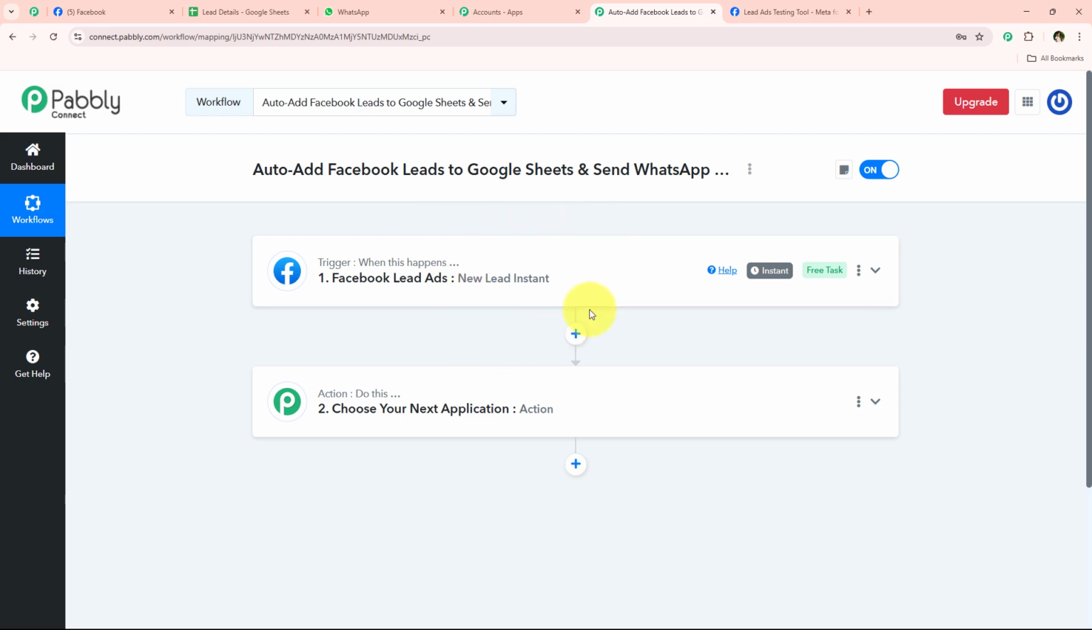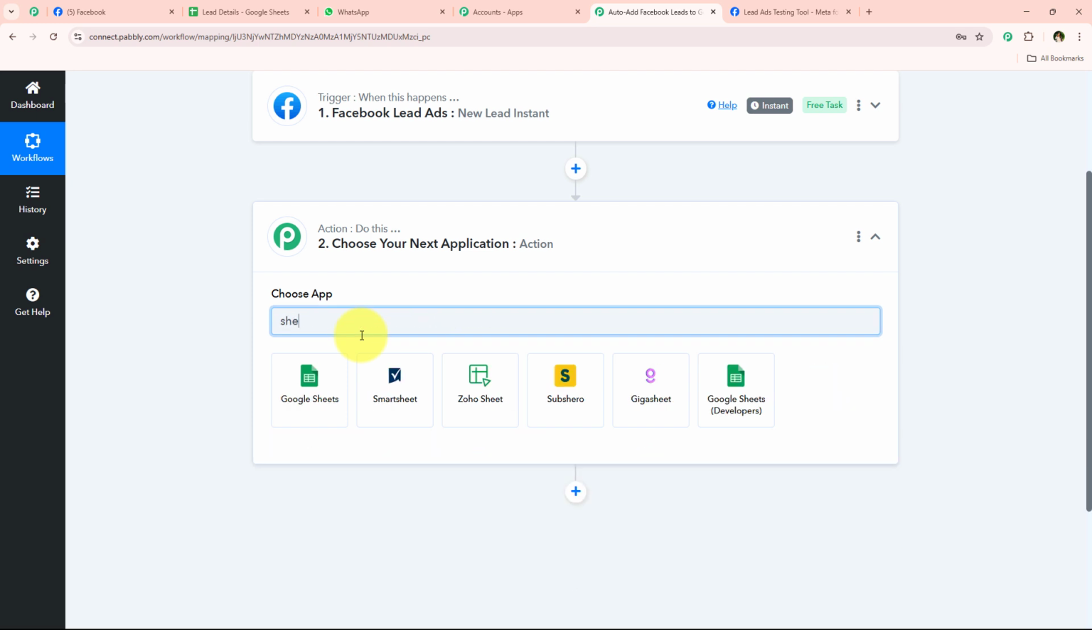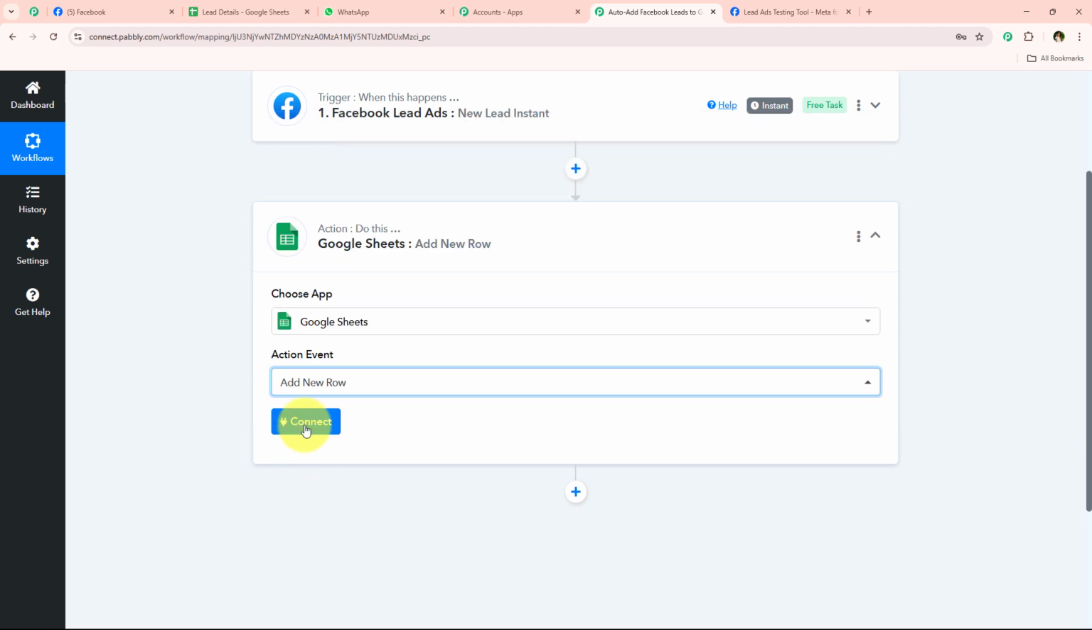And now whenever we're going to receive a new lead from Facebook lead ads, automatically we are going to trigger this workflow. And now I'm just going to move on further. I'm just going to add these details into my Google Sheets. So I'm just going to search for Google Sheets as my action application and select it. And now for the action event, I'm just going to simply select add new row